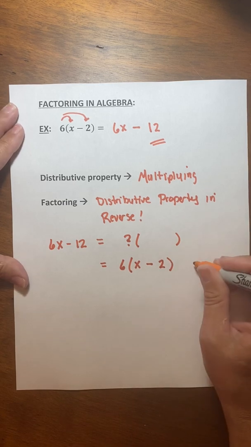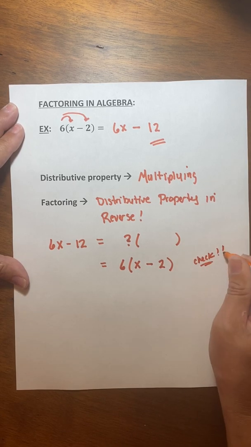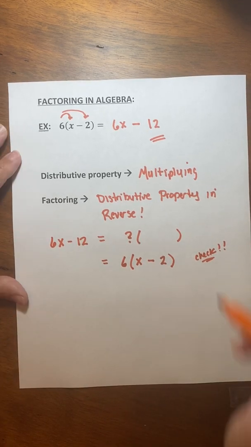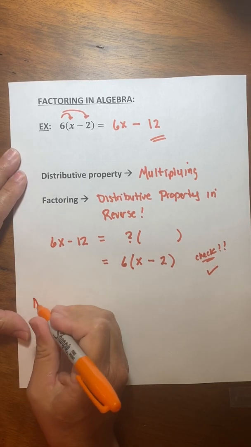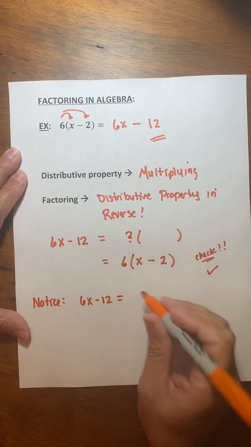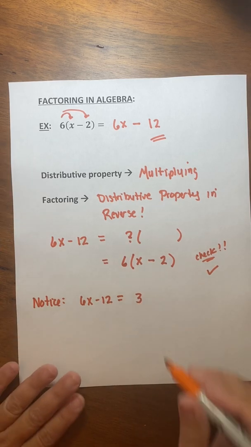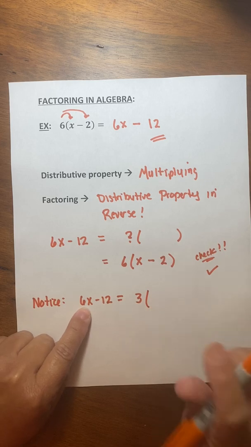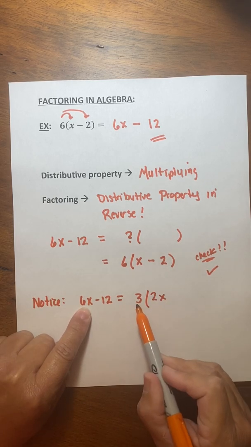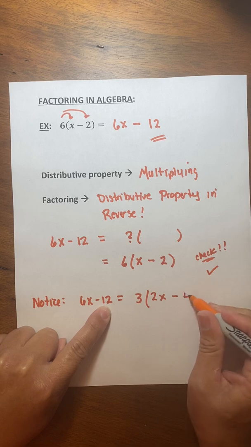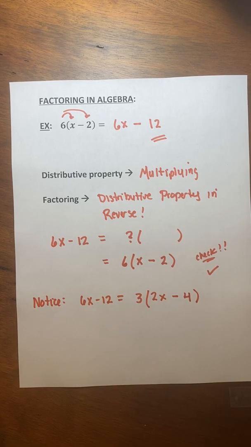Now we can always check, which is great about factoring, because we can multiply through. We get 6x minus, and then 6 times 2 would be the 12. And we say, we're good. All right, notice we could have also written this. We could have done 6x minus 12 and pulled out the common factor of 3. If we pull 3 out, what would go first in the parentheses? What times 3 would give me the result 6x? Hopefully you said 2x, because 3 times 2x is 6x. Keep the operator, and then 3 times what would be 12? So 3 times 2x minus 4